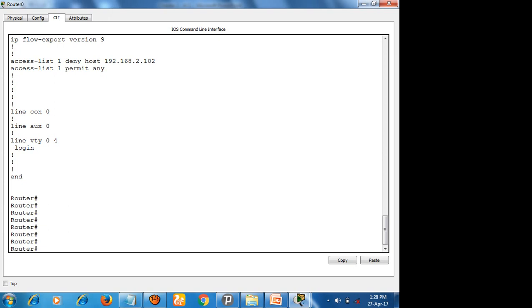If you are specifying the destination IP address, then it must be on the inbound interface, because you need to restrict the packets before routing. So that is the difference, right? I will write it down, as I told you, for standard ACL and extended ACL.